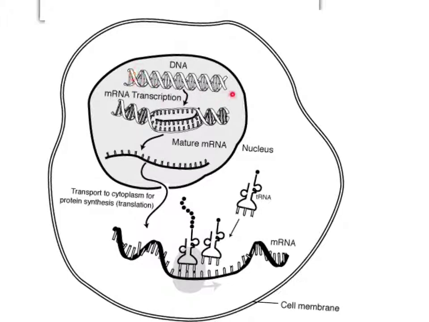we've got our DNA, which is in the nucleus of our cell here, and there are two processes involved in making a protein. The first process is called transcription, and that occurs in the nucleus. It involves producing a single-stranded molecule of what we call messenger RNA, or mRNA. That mRNA then diffuses out into the cytoplasm, where it attaches itself to a ribosome, this grey structure here, and